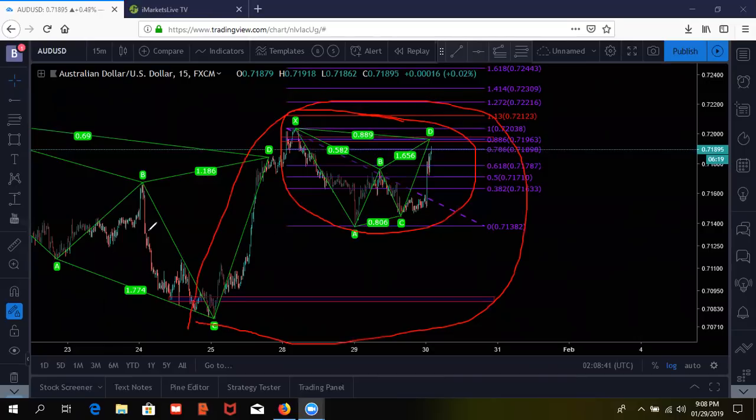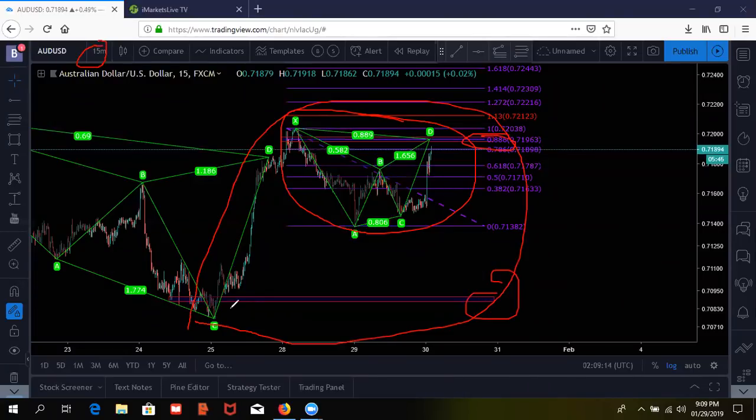So just by being able to train your eye to see the market harmonically, you'll be able to start catching these different types of moves. And we're on a 15-minute chart right now as well. So like I say, this is a scalp trade on a lower time frame. So if price does push up and give us this entry point at the 88.6, then I could possibly ride this trade all the way down to this